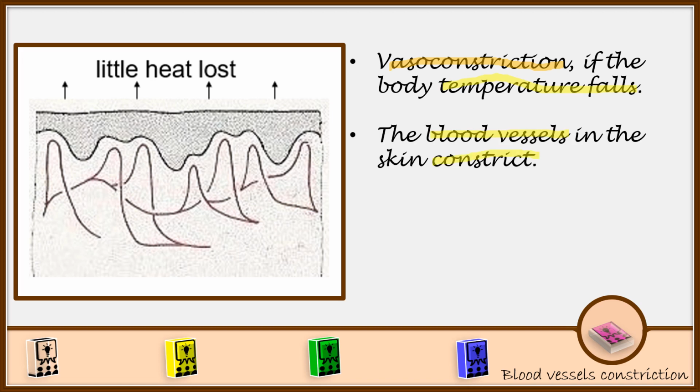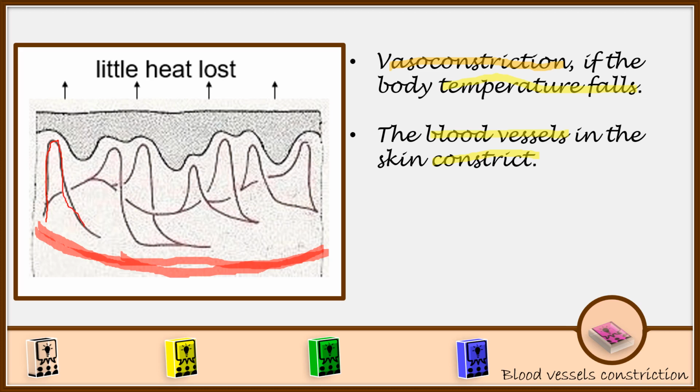So these blood vessels, when the body temperature has gone down, what is going to happen to the vessels? The vessels are going to constrict. They will become smaller, and when they become smaller, that means that a lot of blood is not going to come to the surface. So a lot of blood is going to pass through the underneath blood vessels. Less blood is going to be brought to the surface,